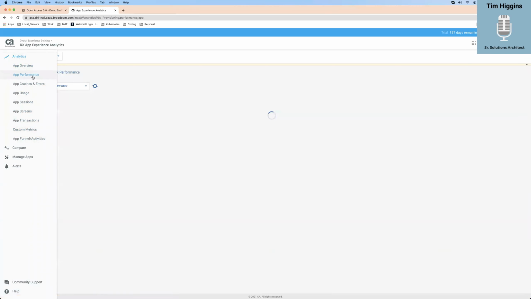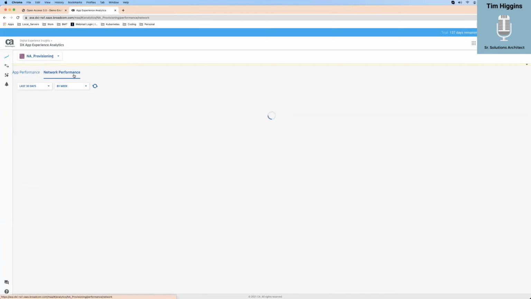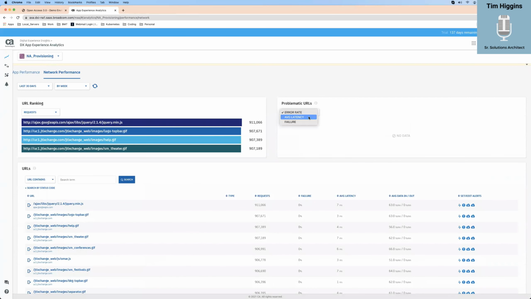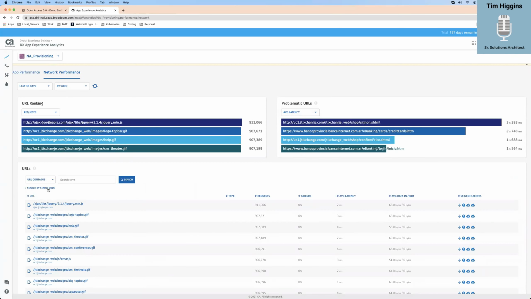Okay. So if I click at performance, this takes a while to load, but if I like the network view, it's just going to give you a list. And of course, when you click on one, right? So error, let's do this one. And then I could search by status code. That's pretty cool.